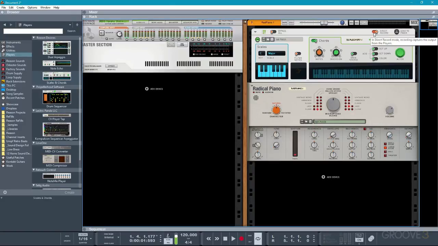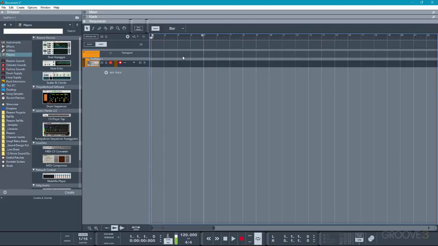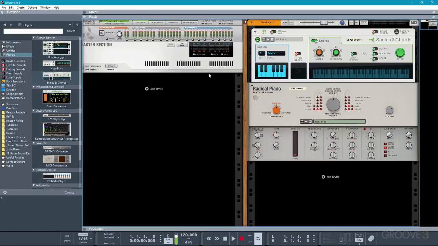Direct Record also prevents players from processing MIDI that's already been recorded and only works on live input. Alternatively, you can use Send to Track. So first of all, let's turn Direct Record off, and again just sequence those single note progressions. Now if I press Send to Track, the player effect will be bounced into a new clip,